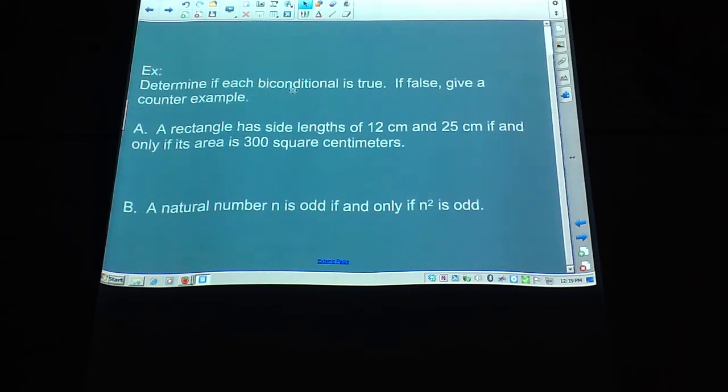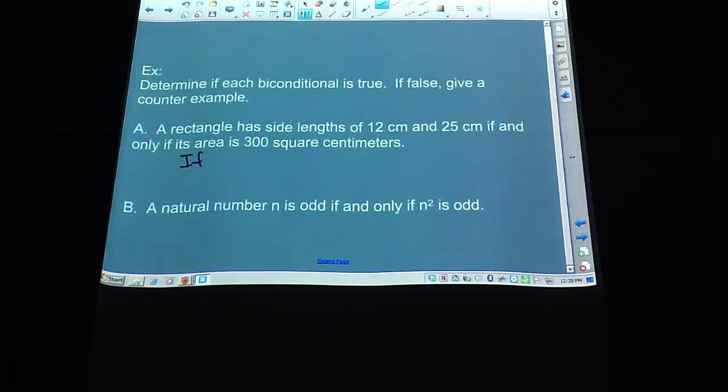Alright, determine if each biconditional is true. If false, give a counterexample. Remember, we only need one counterexample, which is a specific case that proves this to be false. So it says a rectangle has side lengths of 12 centimeters and 25 centimeters if and only if its area is 300 square centimeters. So I believe that the